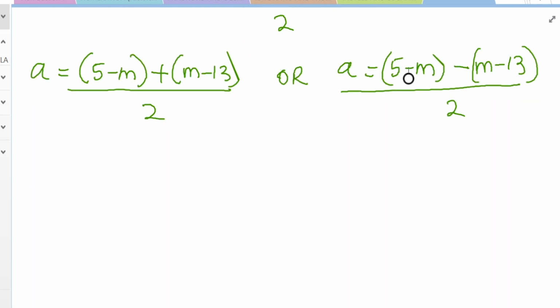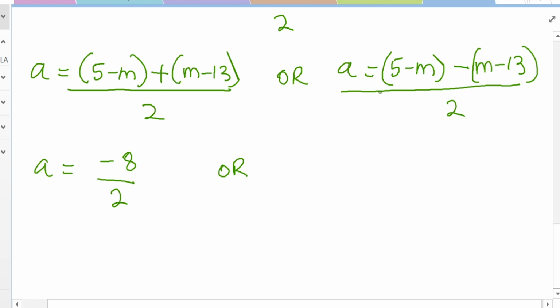Of course, from here, we simplify what is in the numerator. This a is going to be equal to 5 minus 13. What do we have as 5 minus 13? We have negative 8. Of course, this negative m and that negative will cancel, so we have negative 8 over 2. That is, a is equal to